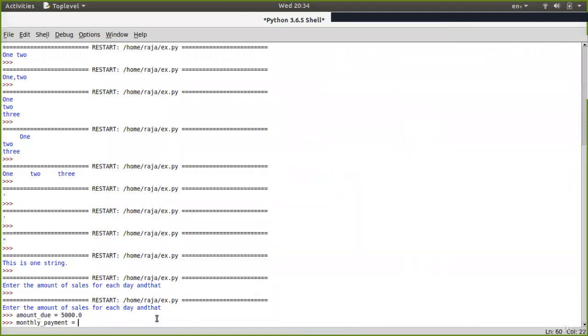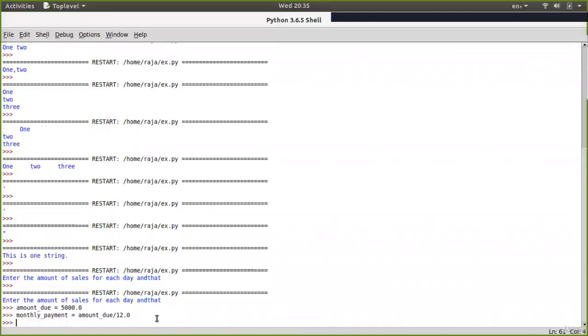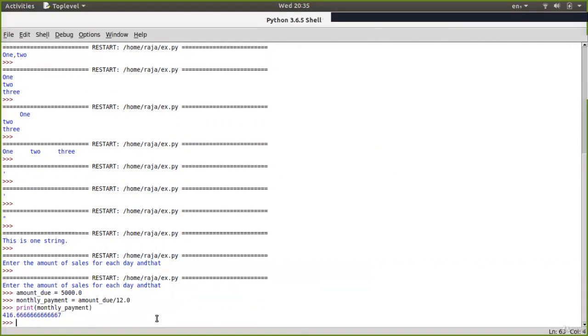Okay, my monthly payment will be amount due by 12. Okay, so let me try to print my monthly statement, monthly payment. All right, so what is the number that I have got? 460 followed by 66666666. So now this might be looking a bit ugly for me, and I want to restrict whatever is beyond